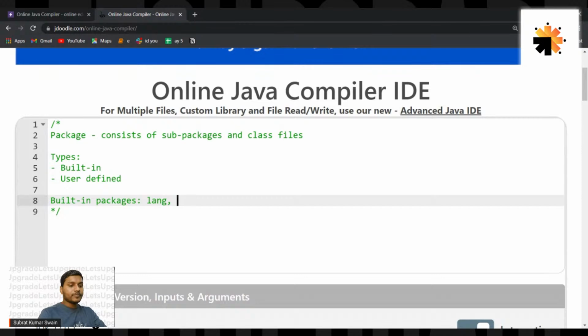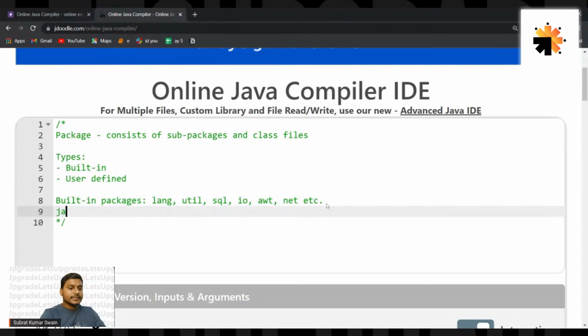Lang, you can say java.lang. I'll just call it lang. Lang is there. Util is there. SQL is there. IO is there, AWT is there, NET is there, etc. A lot of other things are also there. Lang, Util, SQL, IO, AWT, Net. Okay, some more packages are also there. Among all these built-in packages, guys, this java.lang,